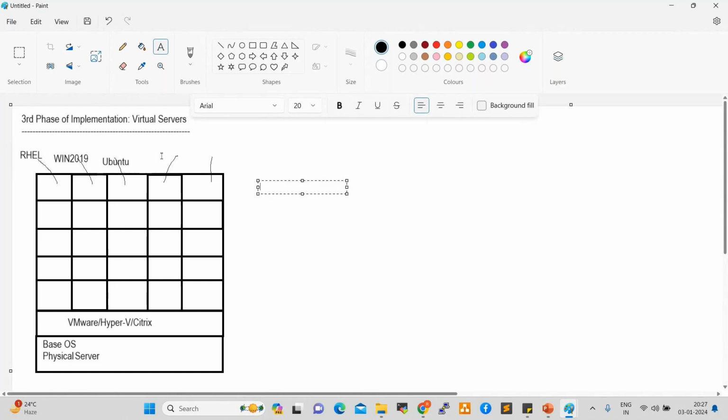Here I can deploy Windows 2022, also available currently. And here I can deploy CentOS, a Linux operating system. So we can deploy 25 different operating systems as per the requirement. Okay. Yeah. So this is successfully running, but still drawbacks are there.